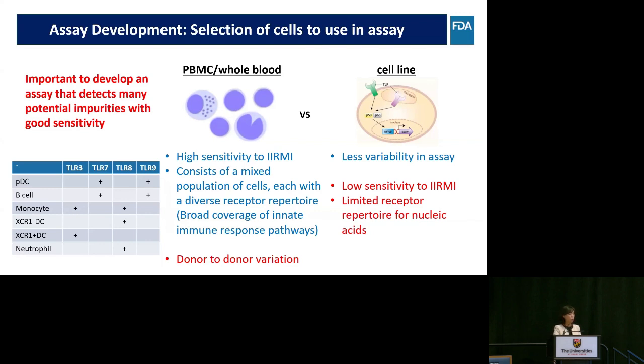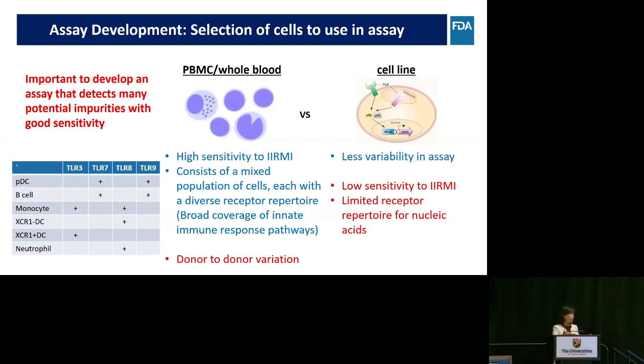They do have reporter genes, so you can use them easily. If you are using a cell line, the assay variability will be little, and you can do a high-throughput assay. However, as I mentioned, these cell lines have lower sensitivity to RMI compared to the PBMC,